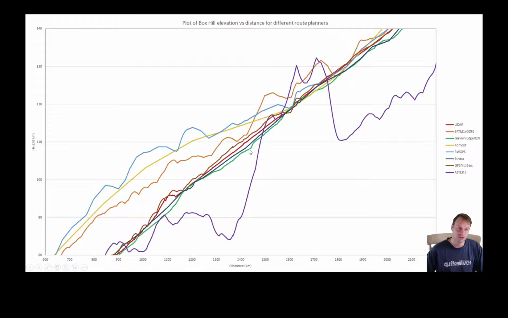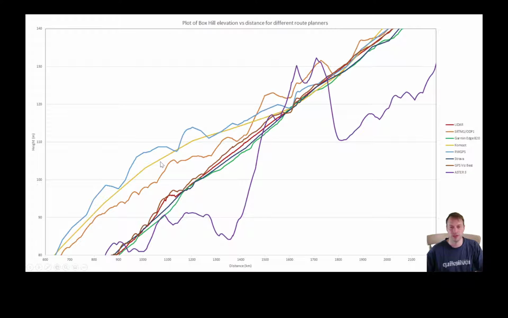We can't directly compare Strava and the Garmin Edge here to the LIDAR, because these were markedly different tracks. The Strava route was the route plotted on Strava, and the Garmin GPS route was the GPS that was actually ridden by a bike. And the LIDAR data, again, as I said, we're being slightly unfair to Strava and the Garmin here, because I didn't fully check that each point lay on the road. So we may be just going onto a bank by the side of the road here and further up into a little ditch. But the point is that both Strava and an appropriate ride are both very accurate forms of gaining data. And I think I would avoid Komoot and Ride with GPS, but that isn't to say that I'm